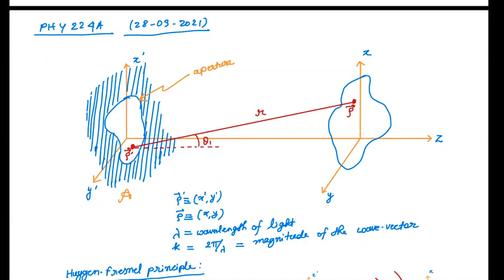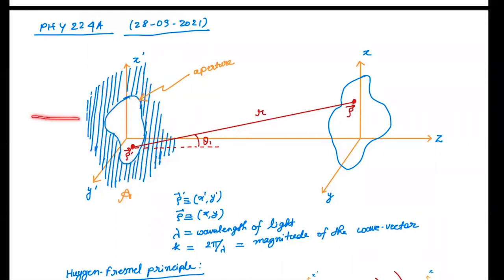The simplest case that we are doing here will all be amplitude variation, which means you have an opening of this type or a general type, and the other parts are completely opaque. There's no transmission. So transmission is 1 in this region and 0 in this region. Or you can just have a planar object here. The light may be falling on it from any direction. That doesn't really matter.